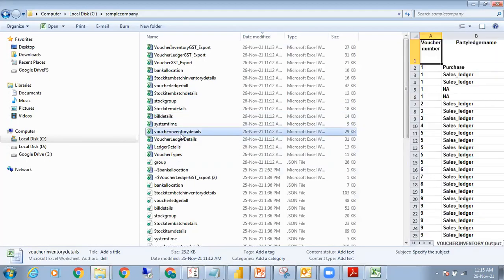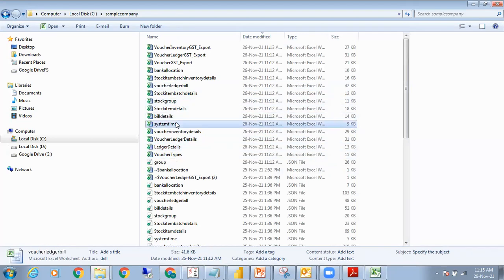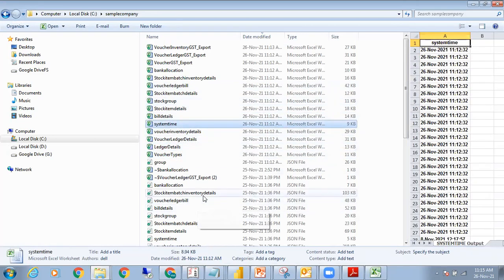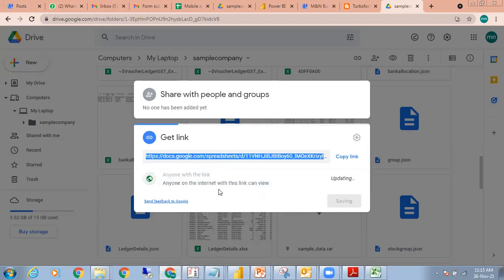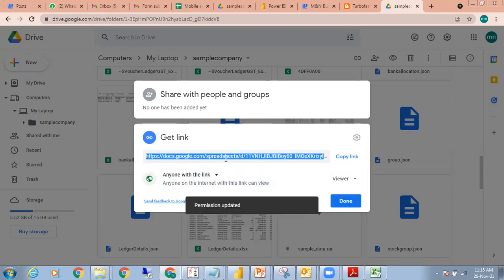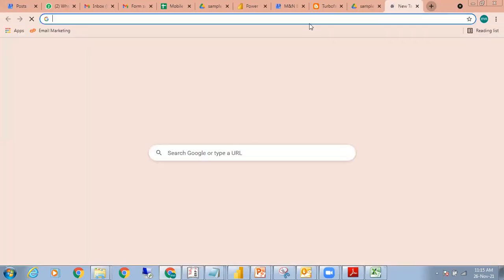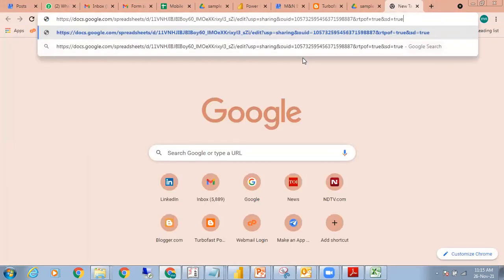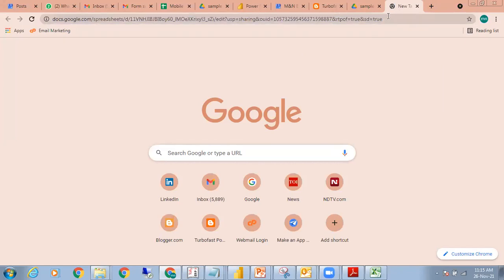And voucher inventory, voucher ledger, ledger details, voucher types, everything is in Excel or in JSON format. You can actually get it. And then once you come here, you get the copy of the link. But suppose you click anyone with the link, then this data is open. So I simply click this. And if I click on this particular link, then people can actually see this data. Is it clear? So then you can give them web access.